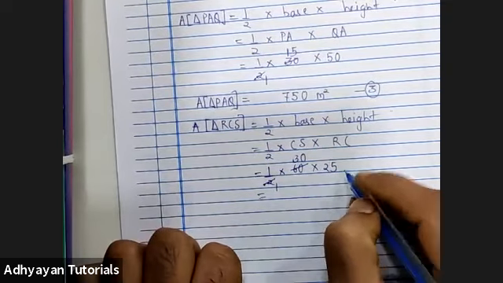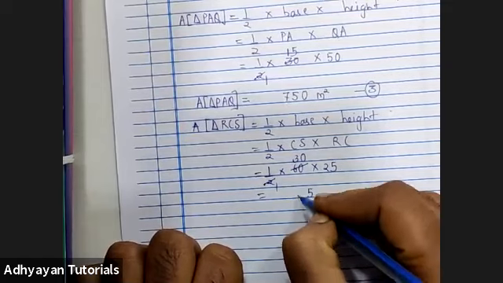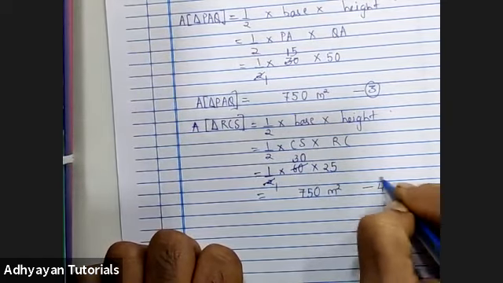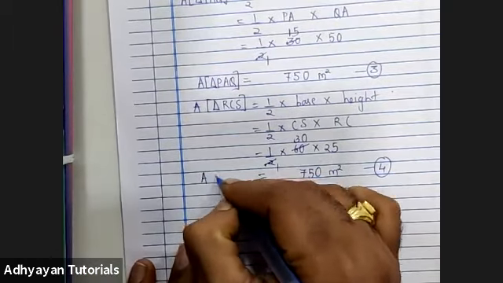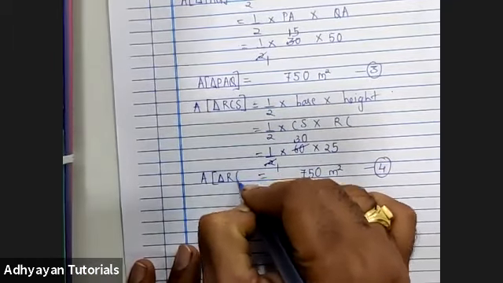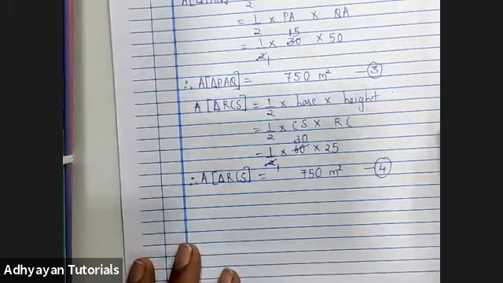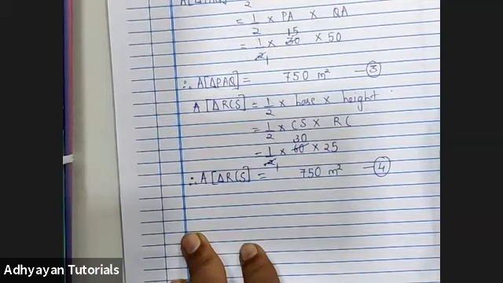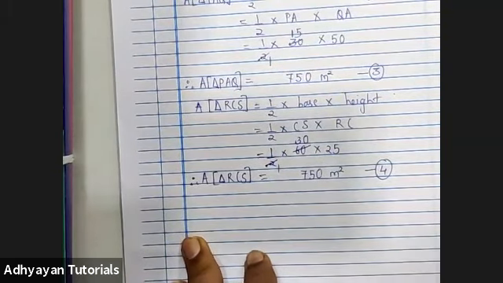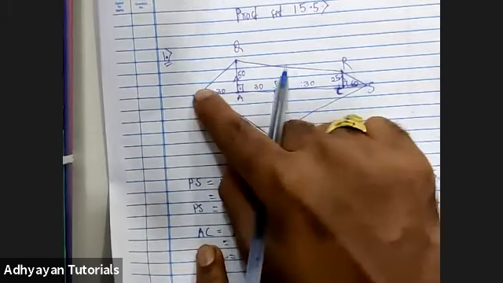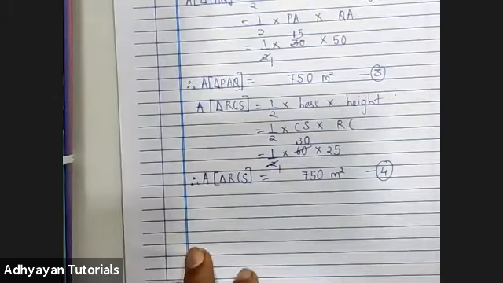750 only will come. Yeah, 750 meter square. Again, the same thing. That is area of triangle RCS. Hope everybody has understood till this point as well. Any doubts, please ask. Right? Yeah. Assuming all the kids have understood. Now I'll be talking about triangle PTS, the bigger triangle. Right? So,